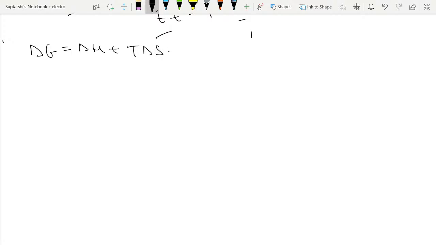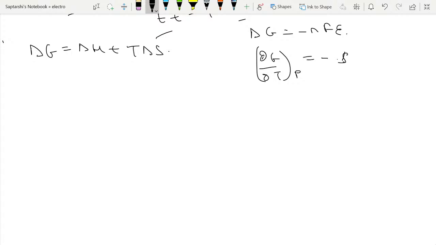So we know this equation, we also know this equation, right? And from Maxwell's relation, if you know the Maxwell relation, you also know that del G by del T at constant P is equal to minus S,